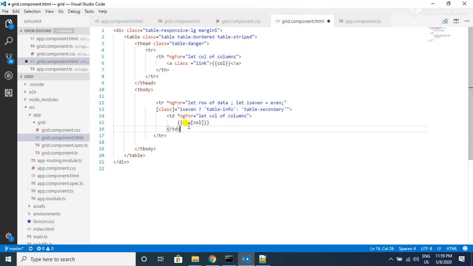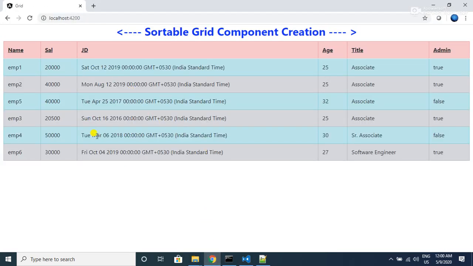So the first employee object's name will be displayed in the first row, first column, and so on, so that we will be displaying the whole grid by the end of this tr loop and td loop. Let's save the file and open the browser. There we go. Our dynamic grid is ready, but a few things are not done yet.